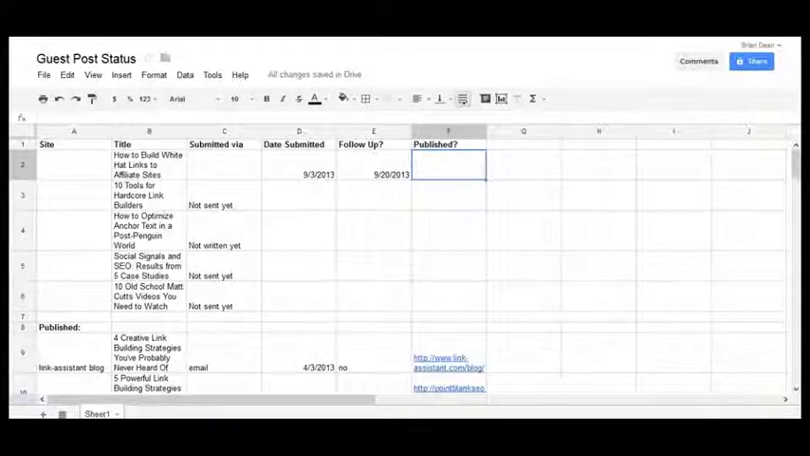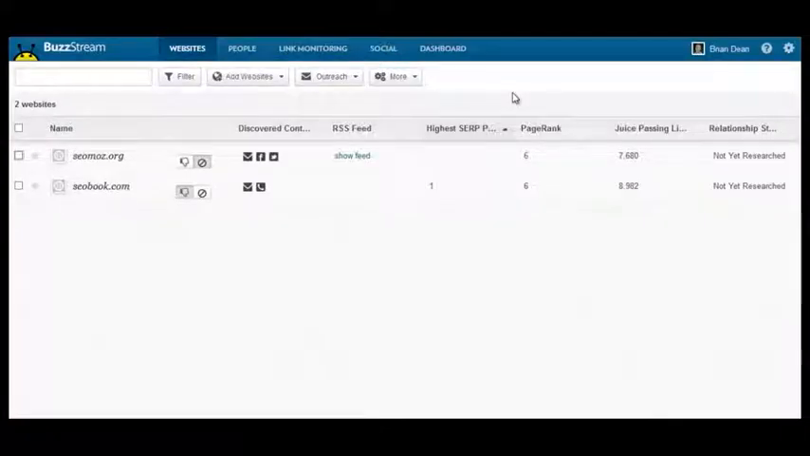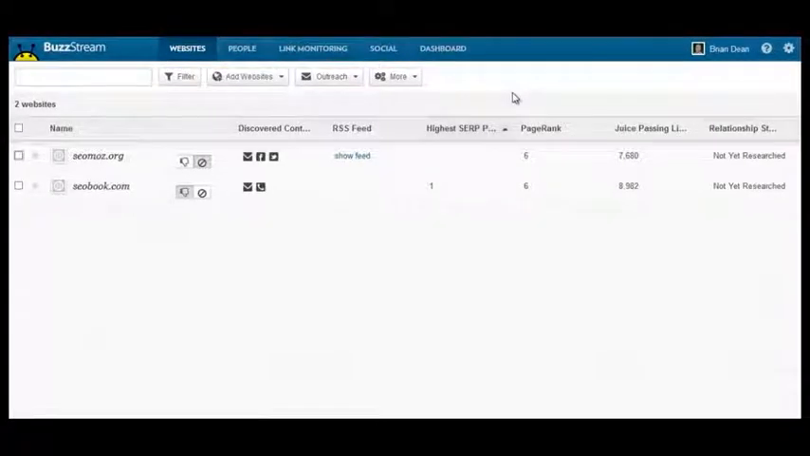Now, if you really want to scale guest posting, I do recommend using a tool that automates and tracks a lot of outreach, like BuzzStream. Okay, so just sign up for BuzzStream, and when you log in, this is what you'll see. And what you want to do is have BuzzStream scrape the prospects for you, okay? Because usually